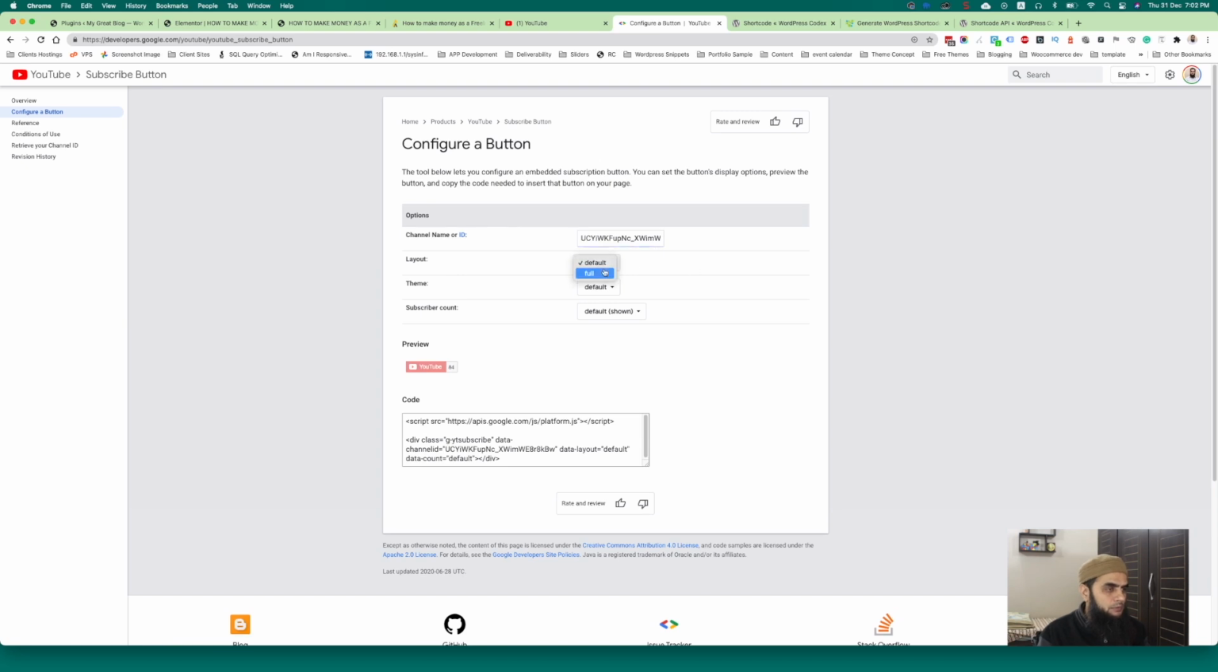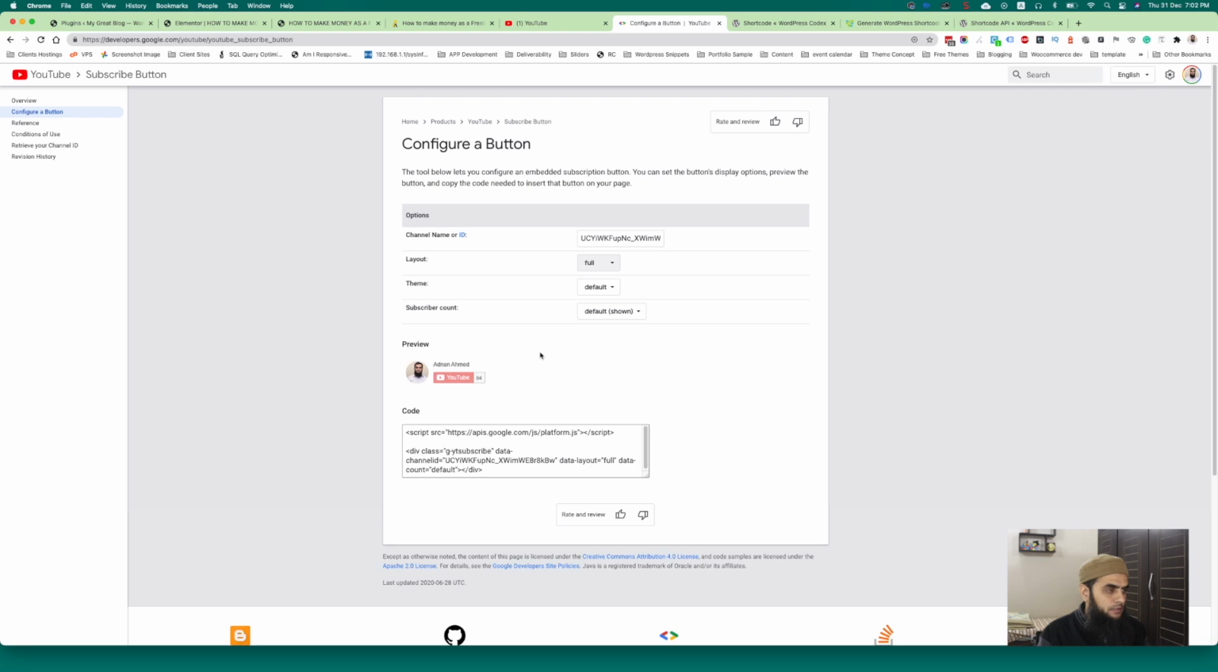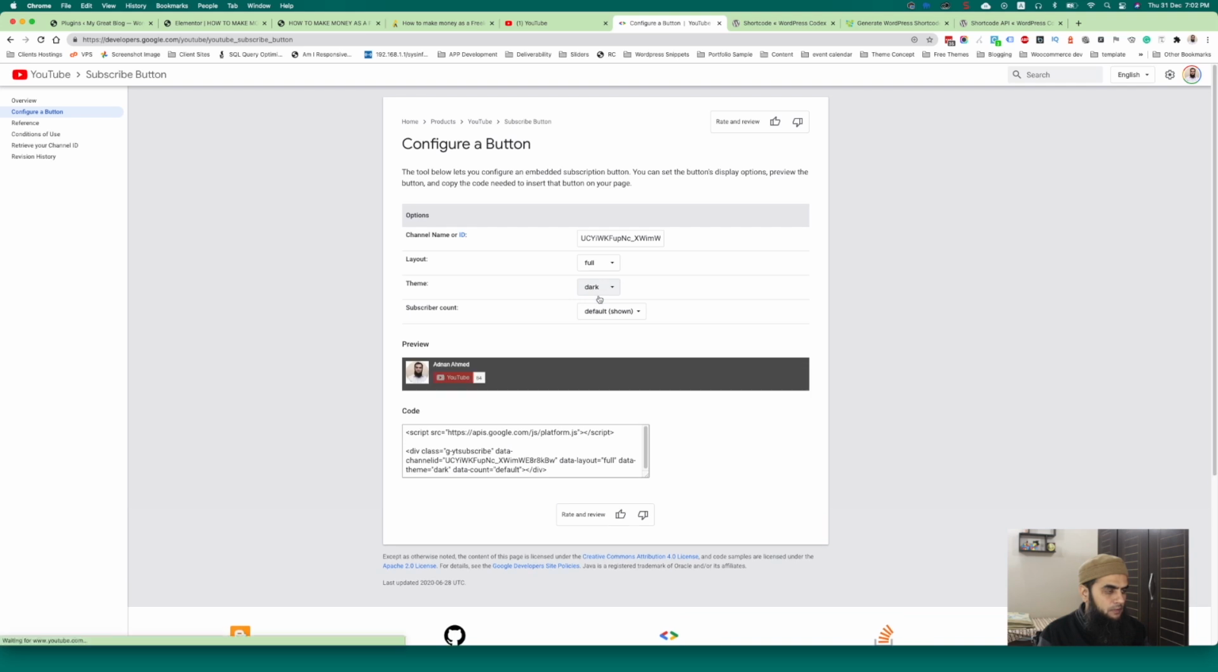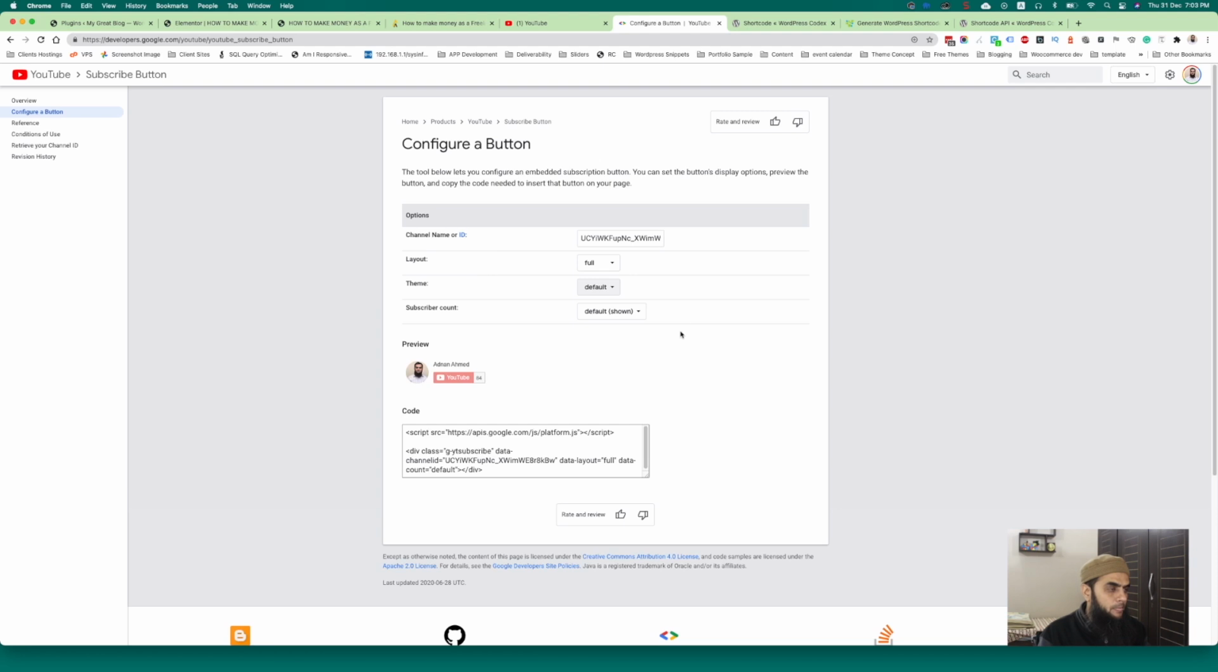And layouts, you can use the default one or full. When I am clicking the full, you can see the channel thumbnail, which is actually my own photo here. And then the theme, you can use the dark one or maybe the default one, whatever you like according to your website. And next thing is to show subscriber count or not. If you click hidden, there will be no subscriber count, or if you click the default, the subscriber count will be there. Okay, just copying this code